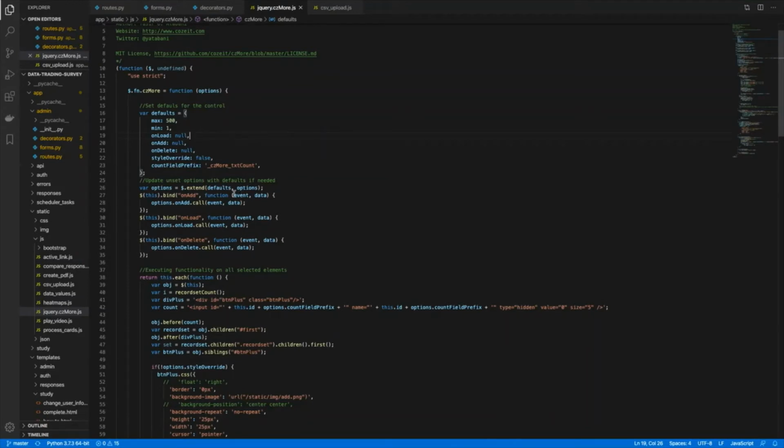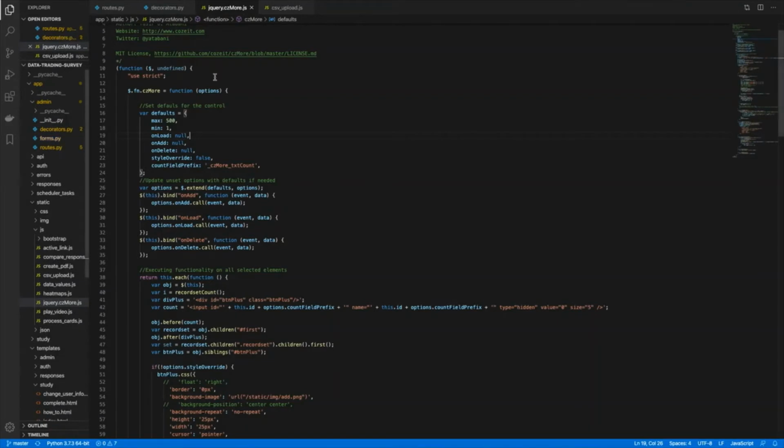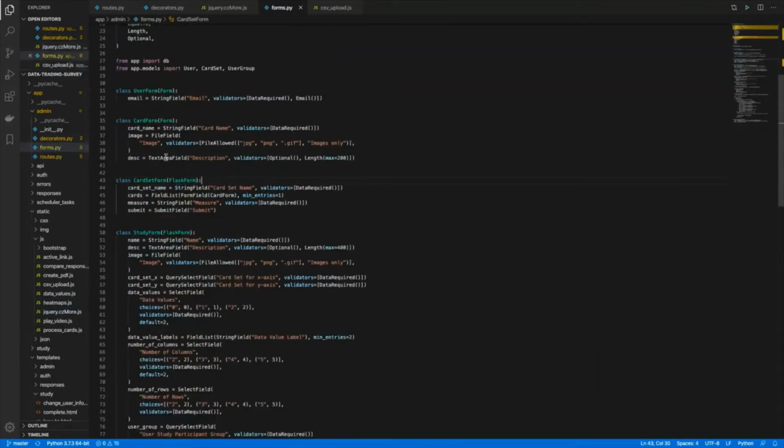So in this case, I used czmore to duplicate the subform elements of both the card form and the user form. So any number of users could be added, or any number of cards could be added to a user group or card set, respectively.